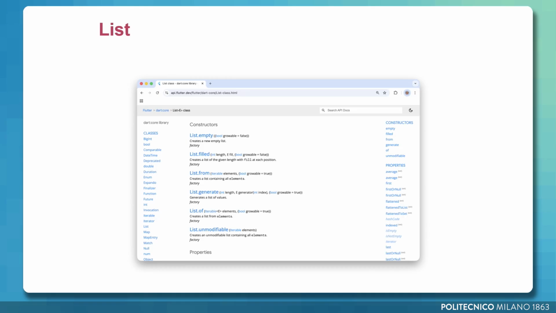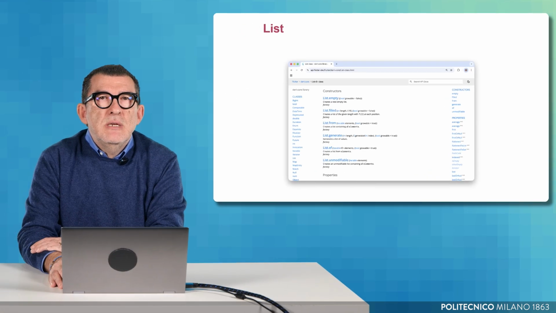Each constructor starts with the class name, followed by a dot and an additional identifier. In this way, we can provide different ways of initializing objects depending on our needs. This concept is not directly related to a graphical user interface. Rather, it's a fundamental language feature. Understanding it helps us structure our data properly before thinking about how it will be displayed on the screen.